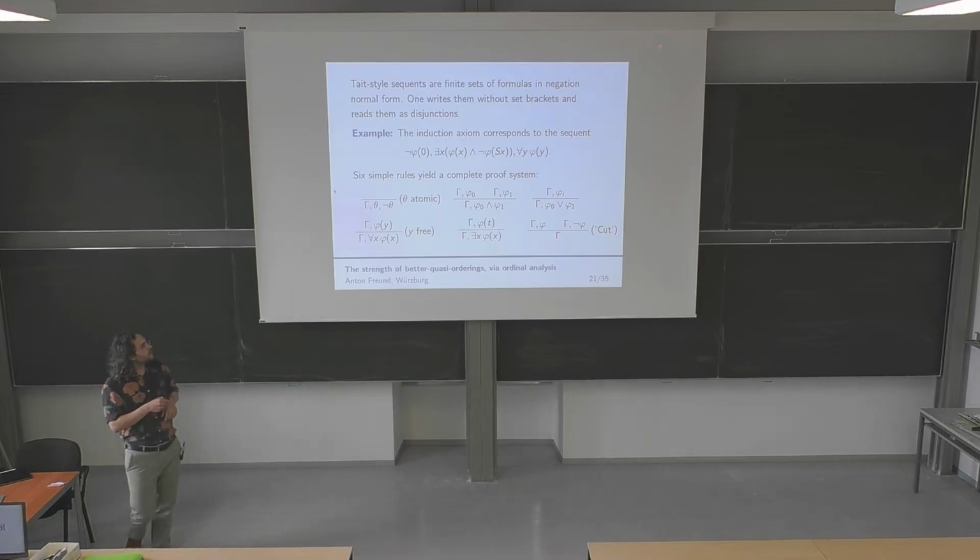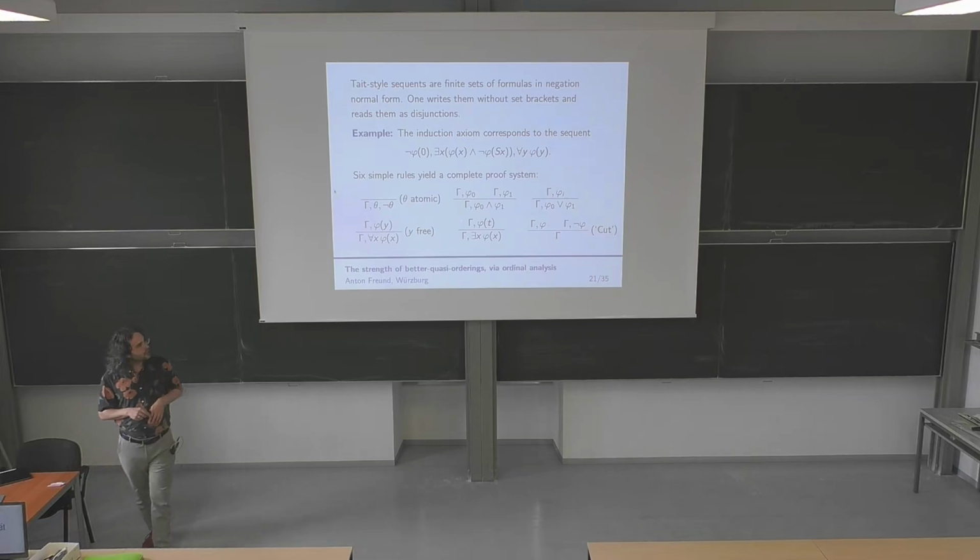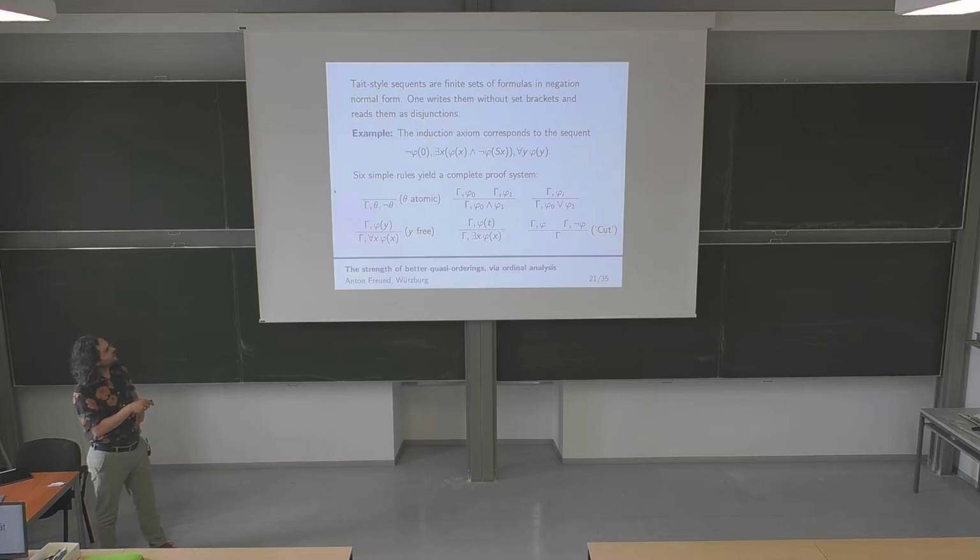Then you can introduce conjunctions if you have established that phi 0 holds or something from gamma, and you have established that phi 1 holds or something from gamma. Then you know that the conjunction holds, or maybe something from gamma is satisfied. And then similarly, you can introduce a disjunction from one of the disjuncts. You can introduce a universal quantifier from such a statement where the critical variable was free. You can introduce an existential quantifier.